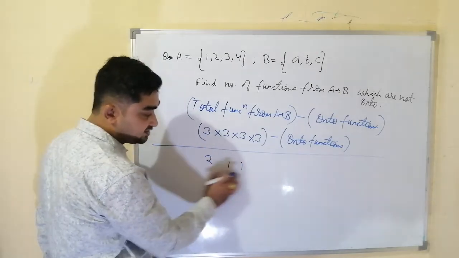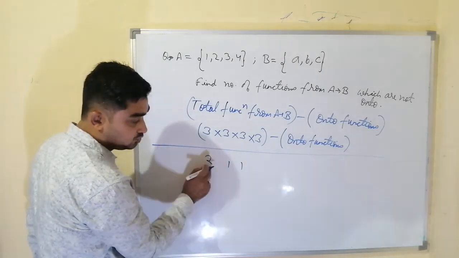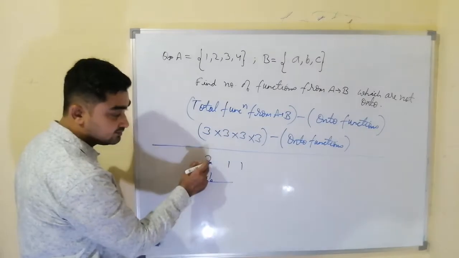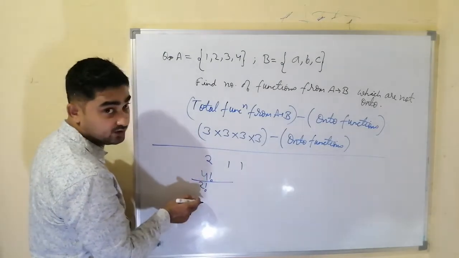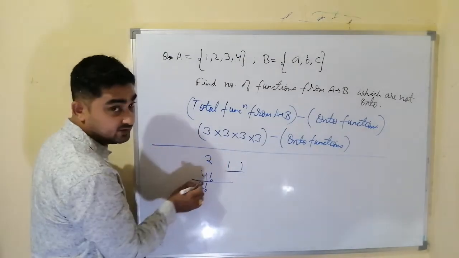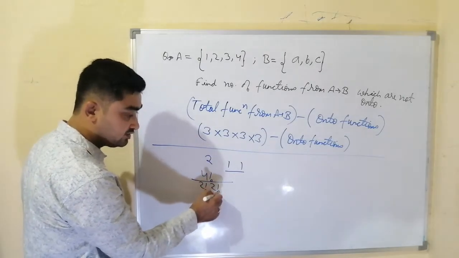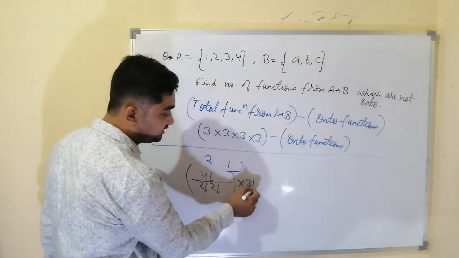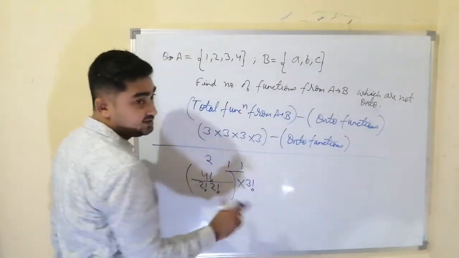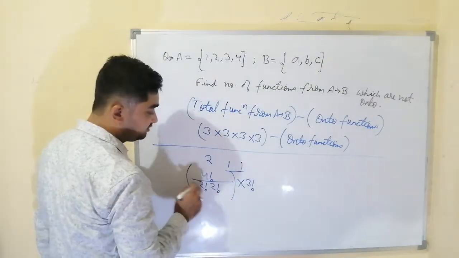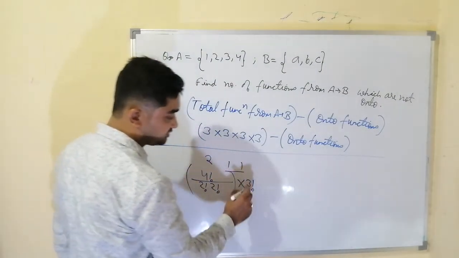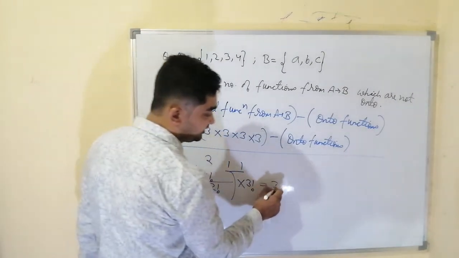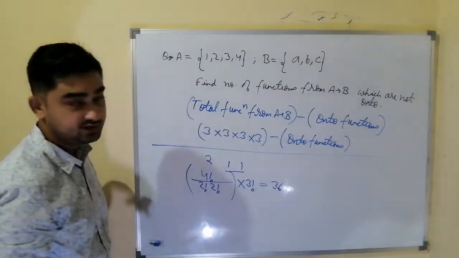So in how many ways can this be arranged? Total things are 4, so total arrangements are 4 factorial. But we have to divide it by 2 factorial because 2 are grouped together, and those 2 are similar, they are the same. After this arrangement, we can distribute it to any one of A, B and C, which gives 6. So the total number of onto functions is 6 into 6, 36.